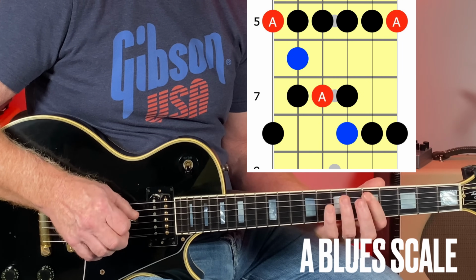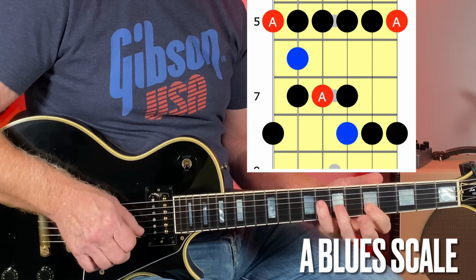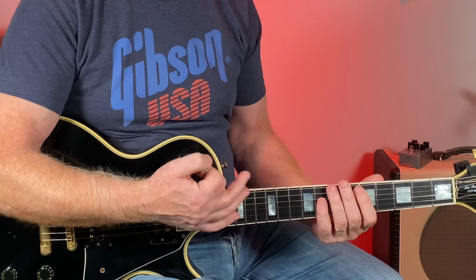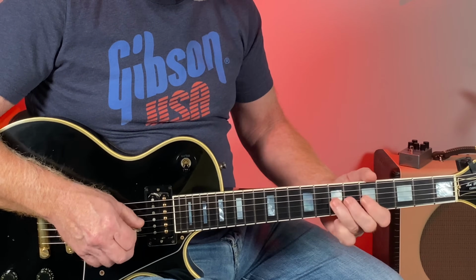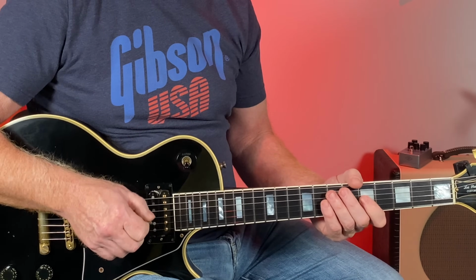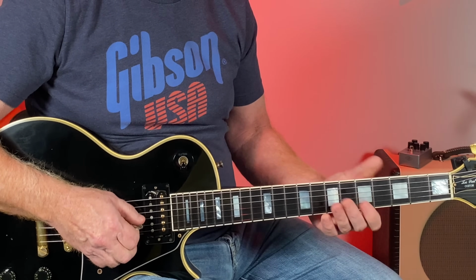Another thing that all pro guitar players do is add the blue note. So we're going to look at the A blues scale. It's just the A minor pentatonic adding this blue note. A really dissonant note that really works if you use it as a quick passing tone or a slight bend like I like to do,